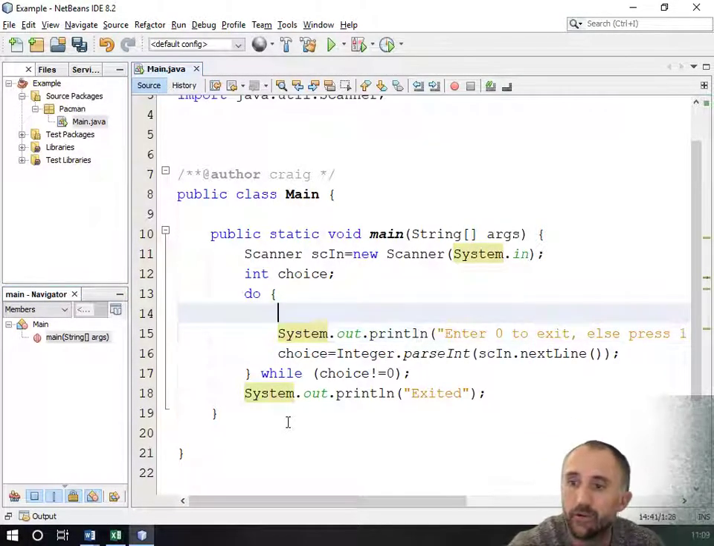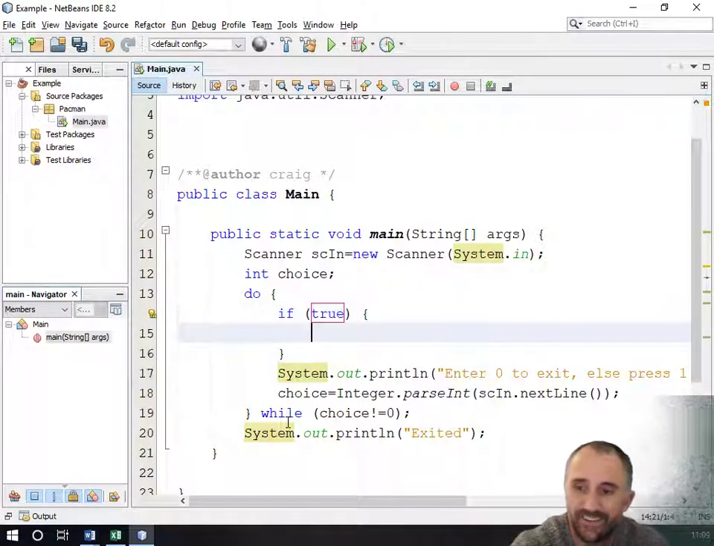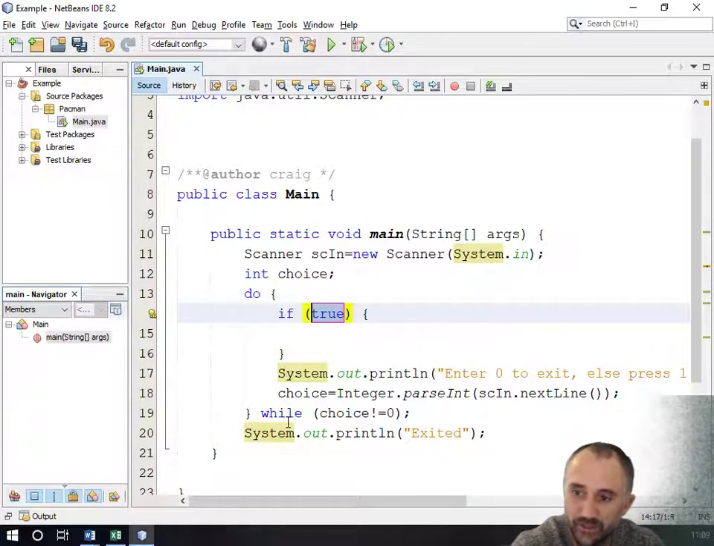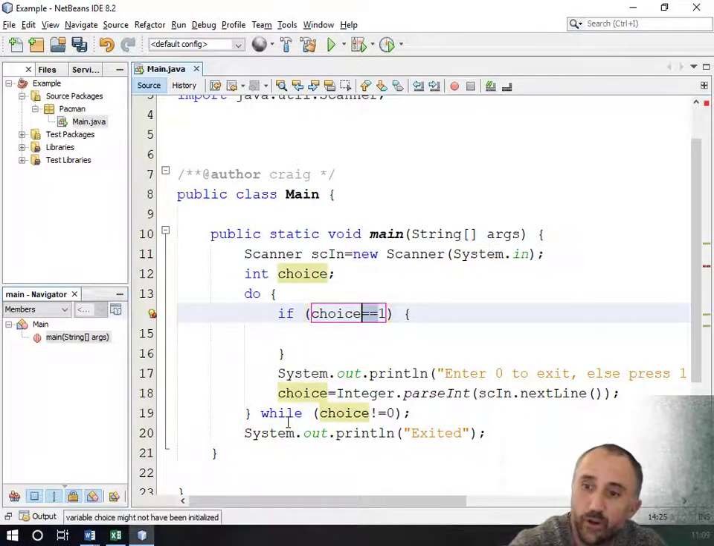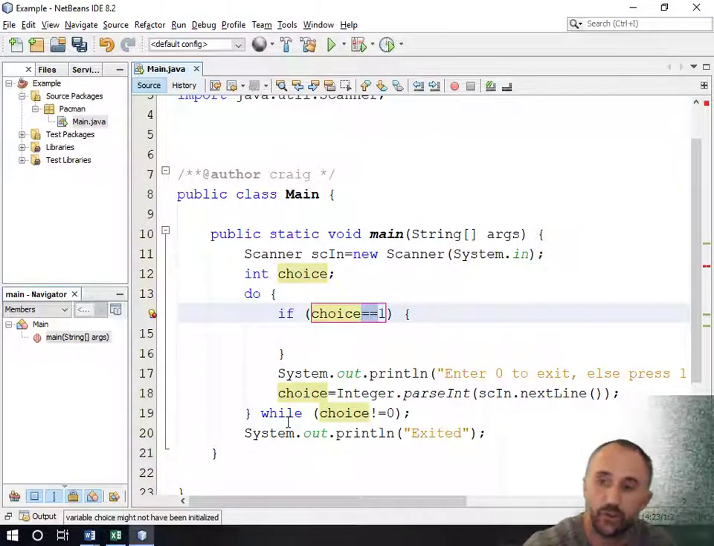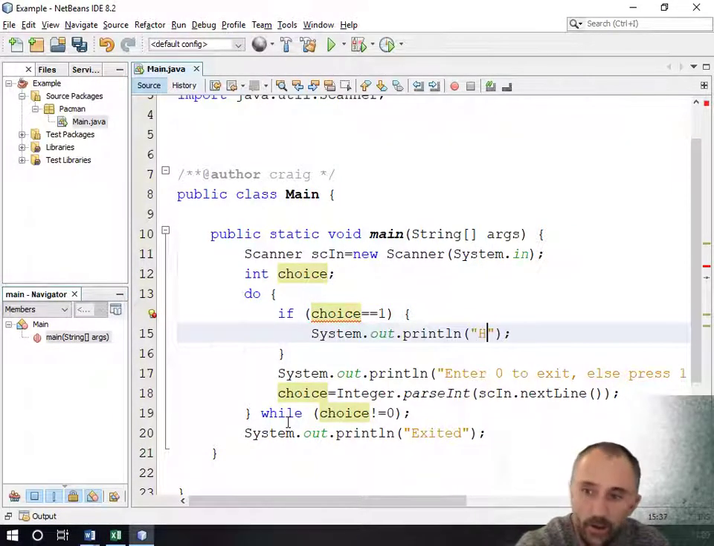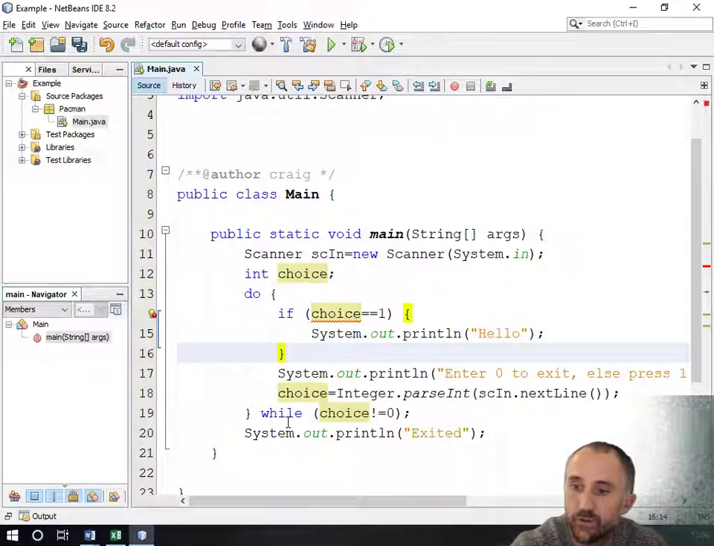Okay, so now we want to put an if statement. So if tab, it just comes up with a condition for us, it just says if true. So we say if choice is equal to 1. To assign a value it is a single equals, to compare it is a double equals. So now if choice is equal to 1, we want it to say hello. If choice was 2,